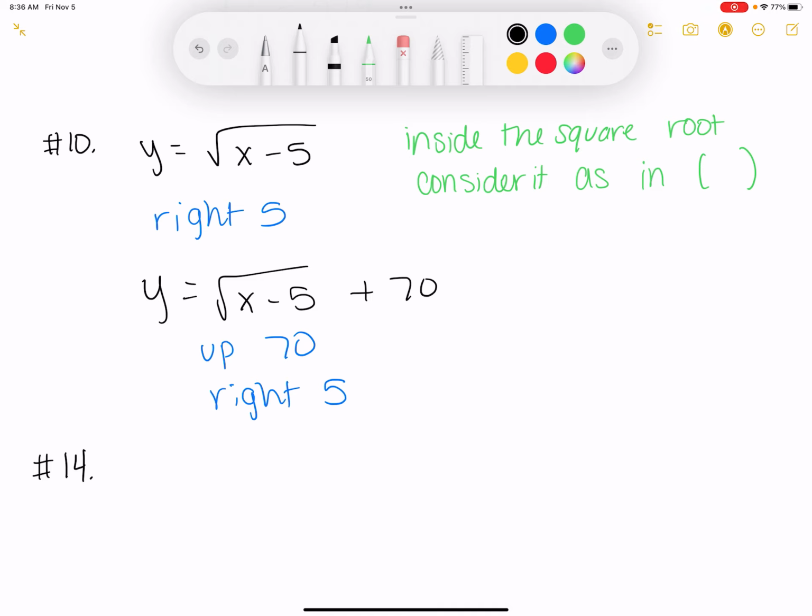Alright, describe how the graph of y is equal to x cubed can be transformed to the graph of the given equation. And this one, y is equal to 2x cubed. It's going to move it over to